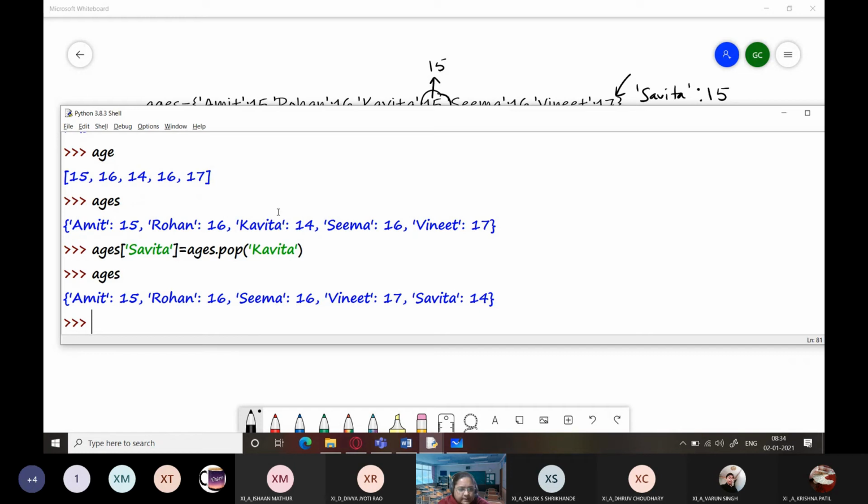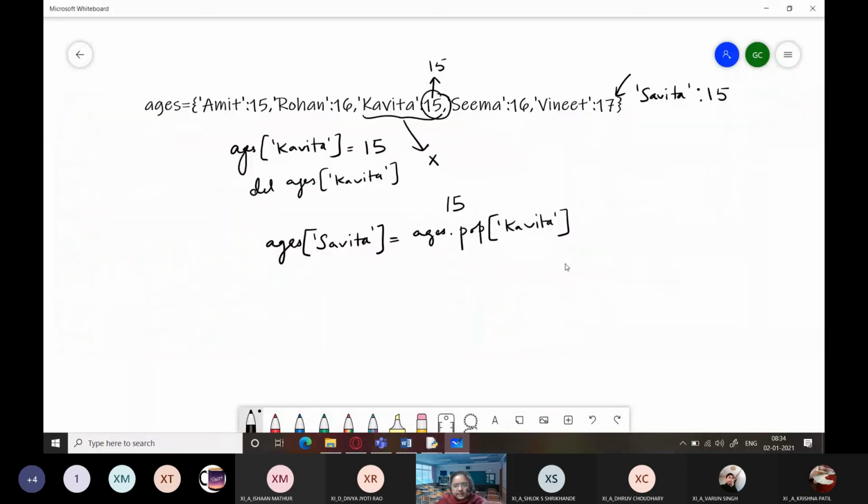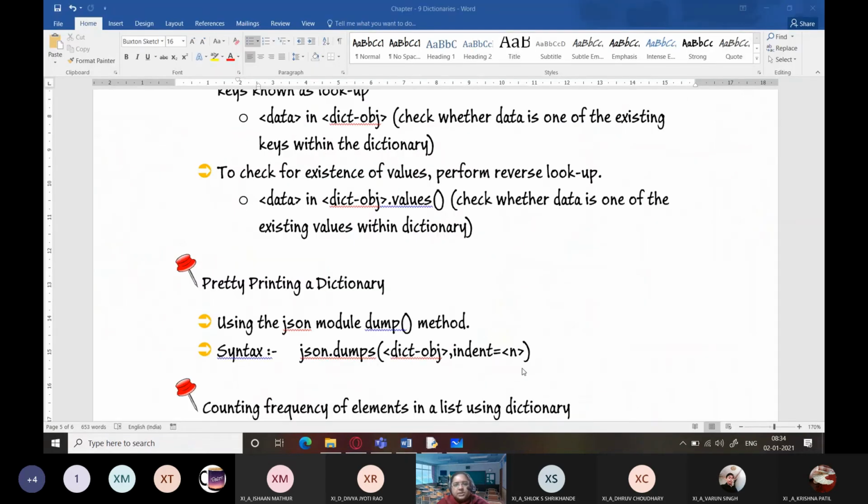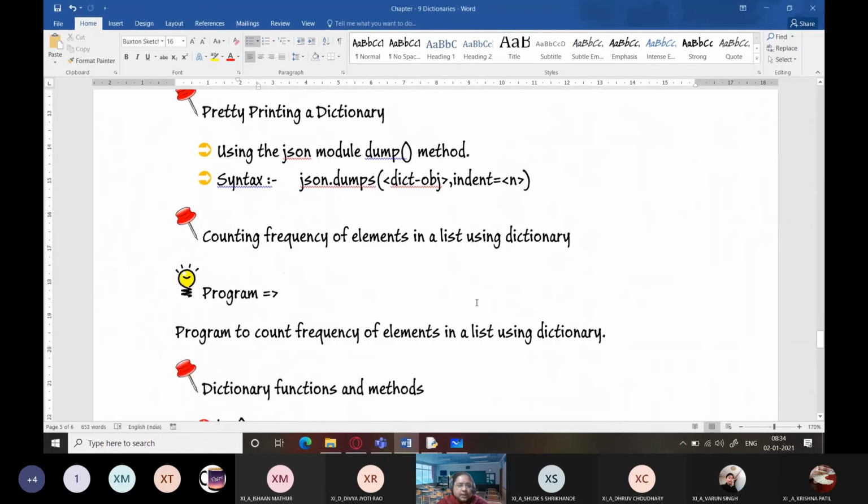So you cannot do it in the same place, because of course we cannot do that, but there is one more method to do this. This is one of the methods. Another method is using the update function. We will be seeing the update function in a later class, towards the end of the class. Right now we are just going to move according to the flow. So this is one way of changing keys in a dictionary.